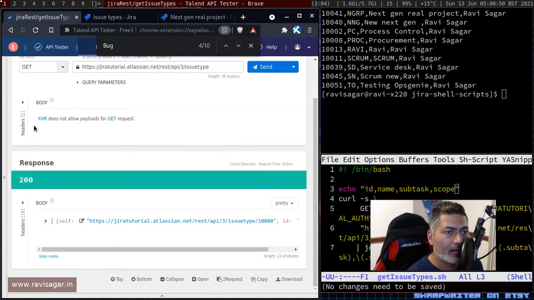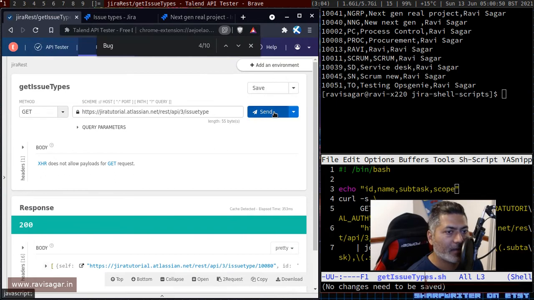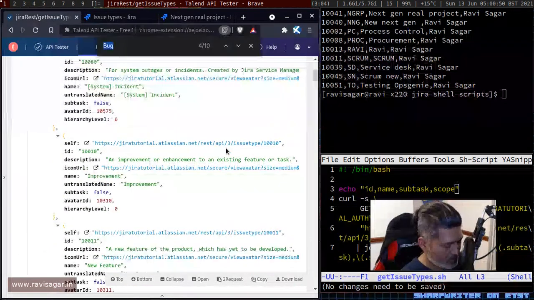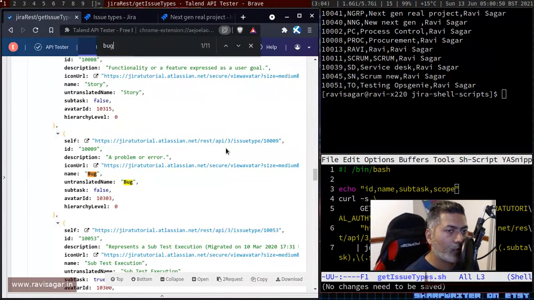Okay, expand, or I'll just run it again. Okay, so we now have the expanded JSON, and if you look here, we have a bug, and I can tell by looking at it that it is the global issue type, not a project specific or next gen specific issue type, because there is no scope here.